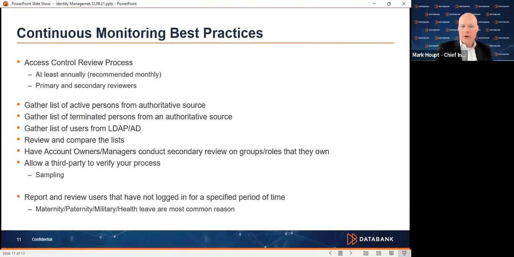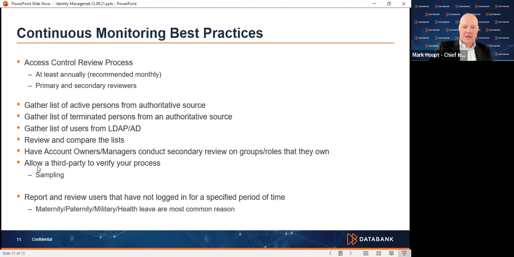So what our auditors do is they come in, we give them a list of all the active people, we give them a list of all the terminated people, we give them a list of all the people that are in the systems, and they go through that and make sure that all of our terminated people are actually terminated, and that all the people that are on our directory list are actually active persons as per our HR department. So having that next layer, and that only occurs on an annual basis,